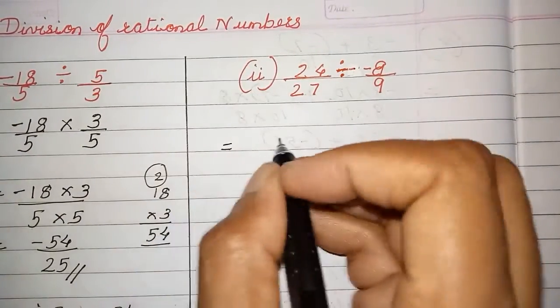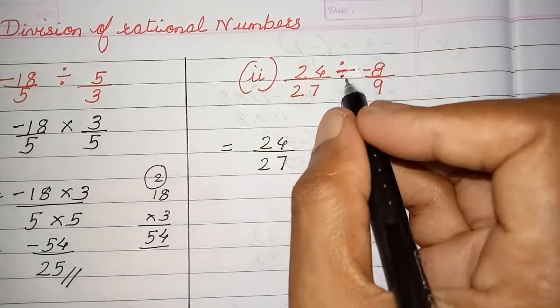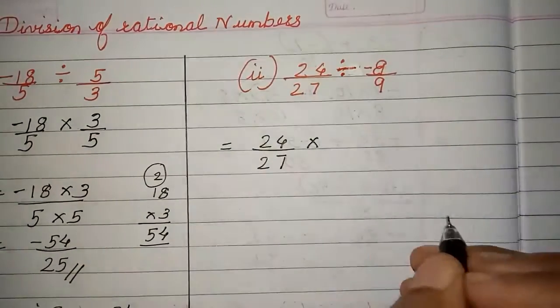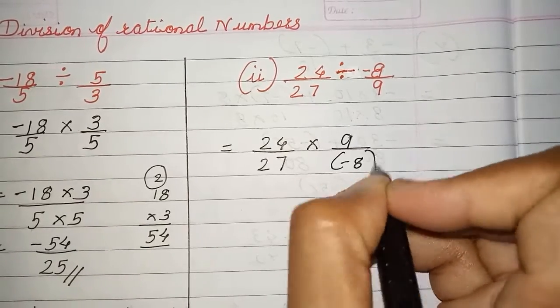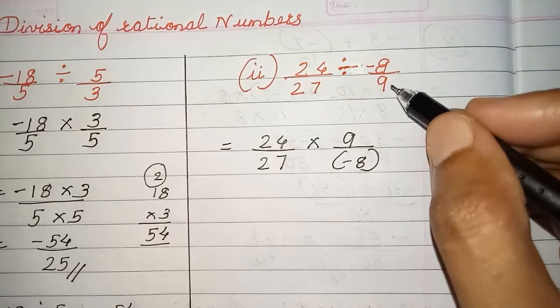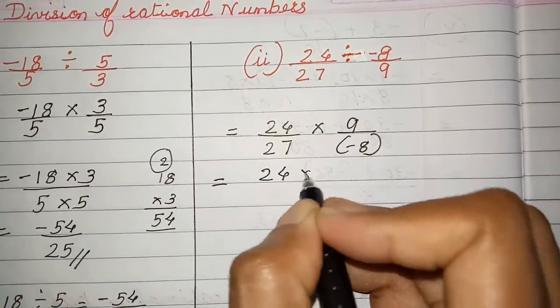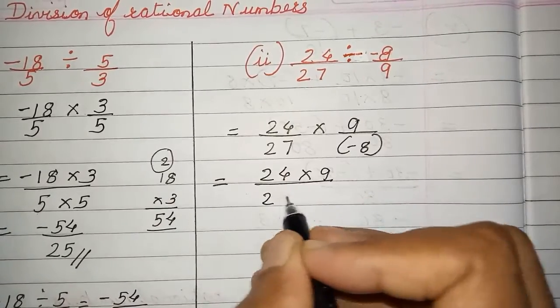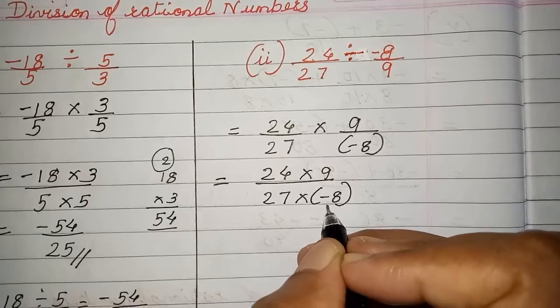Second one. Again same thing, because it is division you write it as multiplication, write the reciprocal of it. So it will be 9 upon minus 8. That means opposite of this. Numerator, denominator, denominator will become numerator. Now because it is multiplication, make it a common numerator and common denominator. Don't worry about the minus sign, alright.